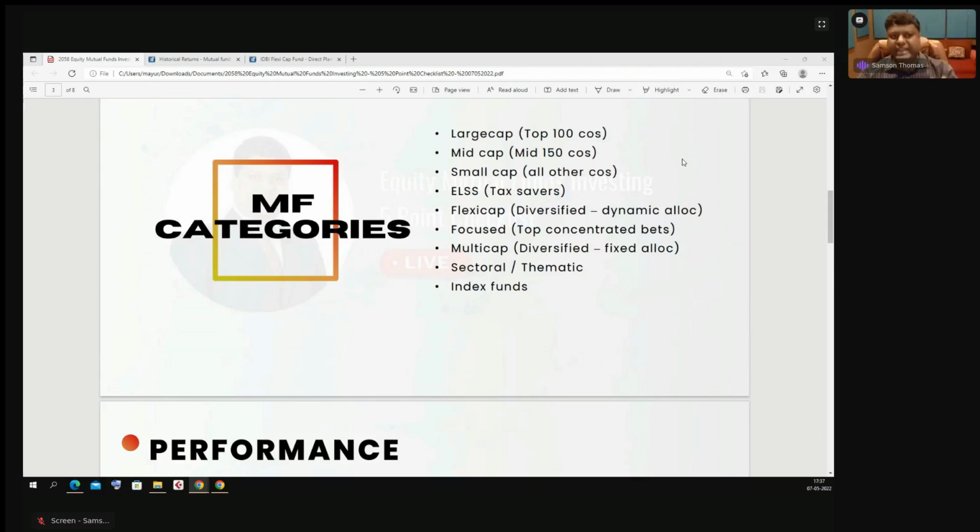The moment you see mid cap, that is... yes, active and passive, we'll come to that. So the moment you see mid cap companies, it is the next 150 companies, leaving aside the top 100, from 101 to 250. Those are the 150 mid cap companies. Mid cap means in the middle in terms of market capitalization. It's not large, it's not small, it's in the middle. So the universe for a purely mid cap fund is 150 companies.